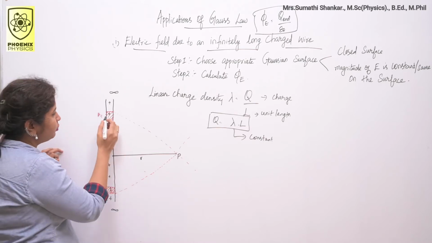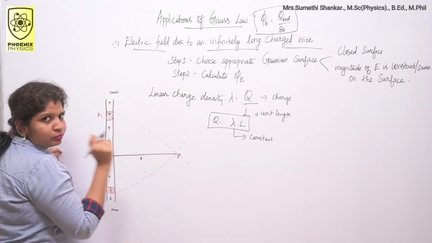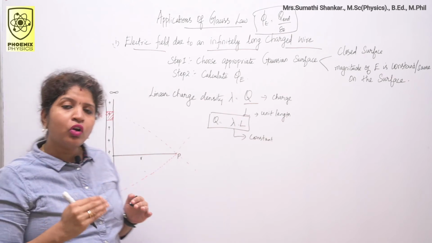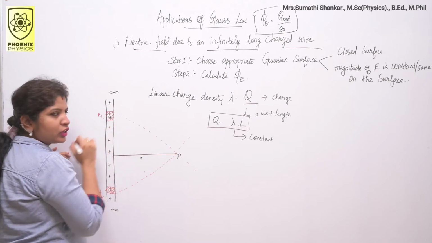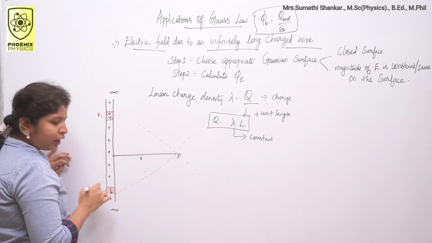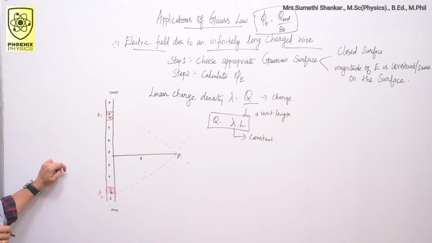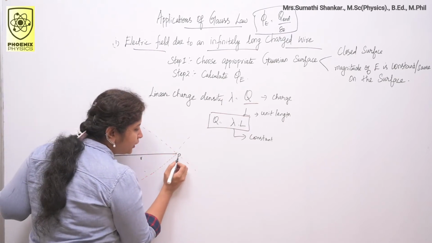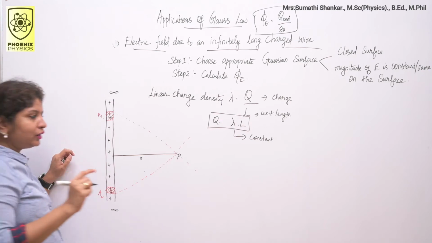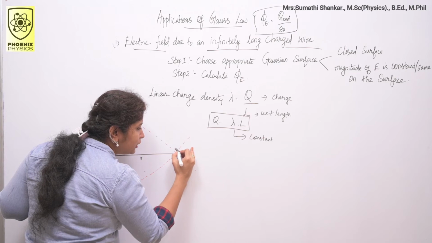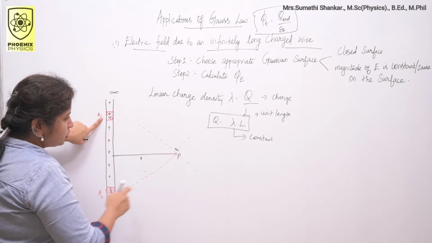Choose two area elements A1 and A2 which are at equal distance from P. Then how do you draw electric field lines? See, in this area A1 I have some plus charges. Same way in this area A2 I have some plus charges. Then how do you draw the electric field lines? Suppose if you want to calculate electric field at P, it is understood that some positive test charge Q0 is at P.